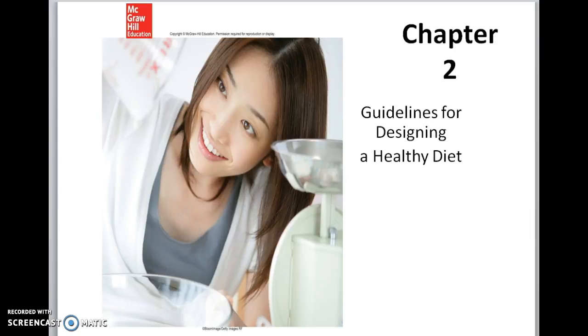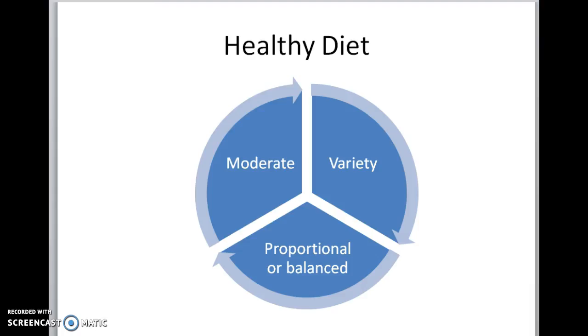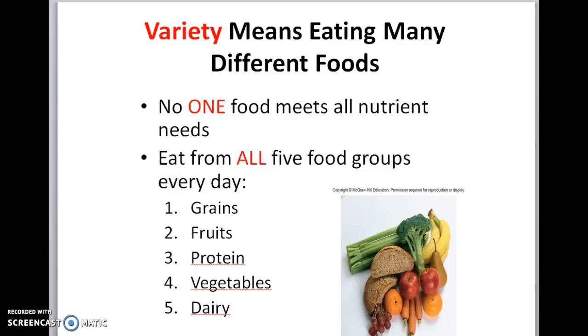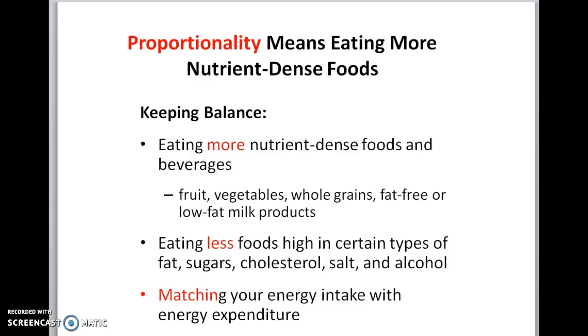There is a healthy diet, just the discussion of moderation. In other words, not too large of a serving size, a variety of foods, and then balanced or proportional foods. The variety, basically, as we all know, different kinds of foods. That's why we had the food groups, to make sure we don't eat just grapefruits or one kind of food every day. Proportionality or balance means getting in each food a lot of nutrients, nutrient-dense foods, which they'll go over in this chapter, making sure that the food that you eat has a lot of nutrients for every calorie